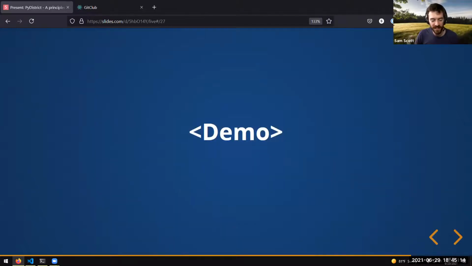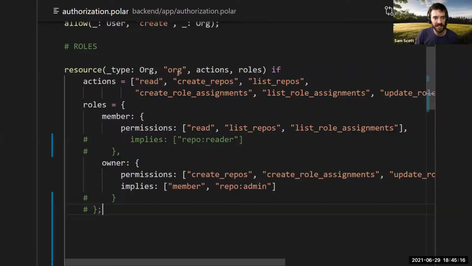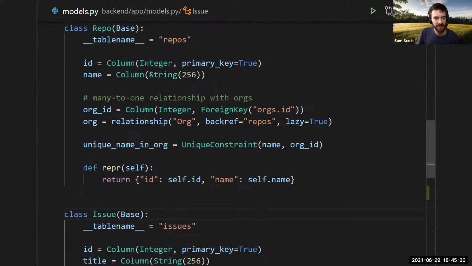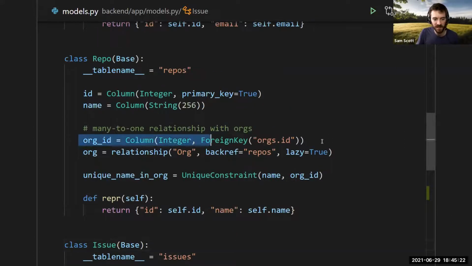So building on what we have here in GitLab. Going back to my models, I have repositories and they belong to organizations, right? That's my core piece of application data that I want to leverage. Now, if you think about something like GitHub, if you have a role in an organization, you don't need to then go and individually grant access to every single repository. It flows through from the fact that you're in the org, so you must have some permission in the repository.